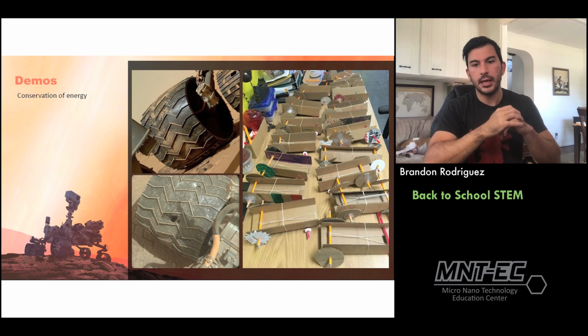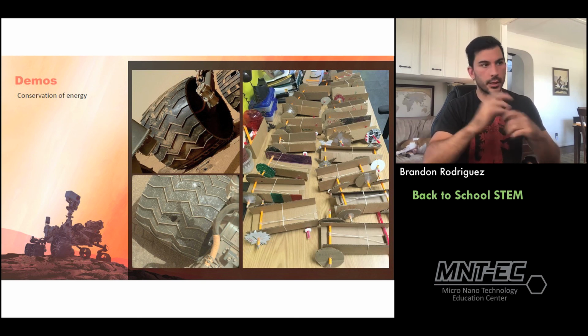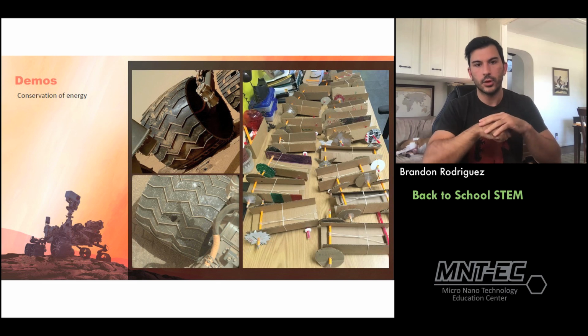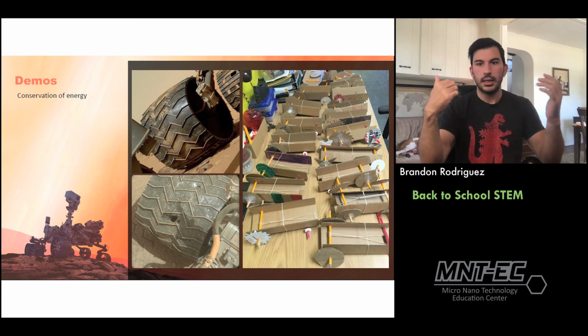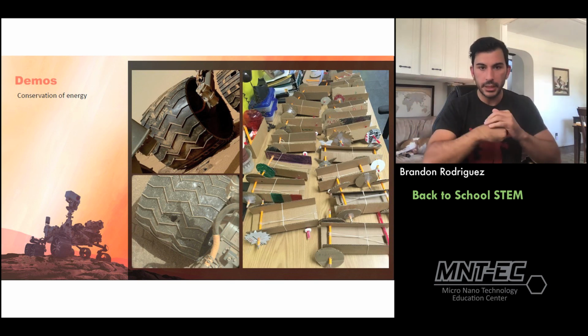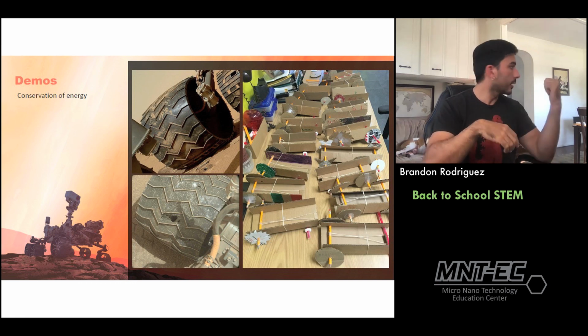is I have them determine the elastic constant of their rubber band based on how much kinetic energy they get out. So they weigh their rover, they twist it up, they get the delta X for the extension, they figure out the velocity once they deploy, and they have to back calculate the K value for that rubber band, right? No fancy materials. This is a cereal box, a pencil, and 2 lifesaver mints, right? That's what I'm talking about here, is we can do incredible physics, incredible chemistry by going into the kitchen,